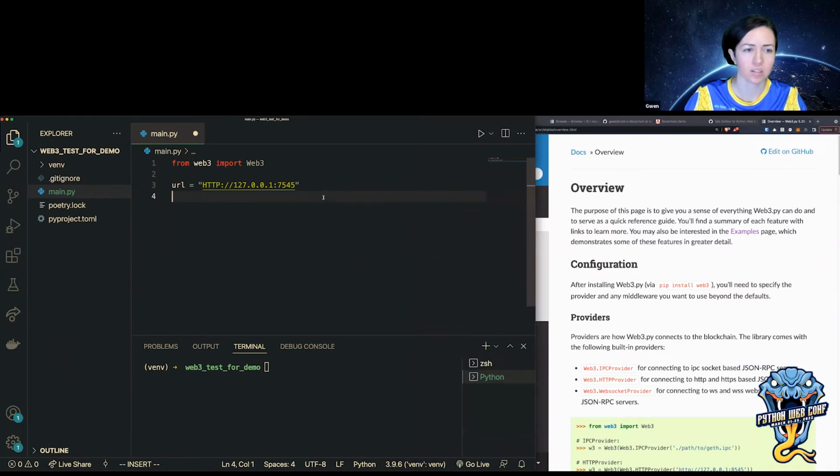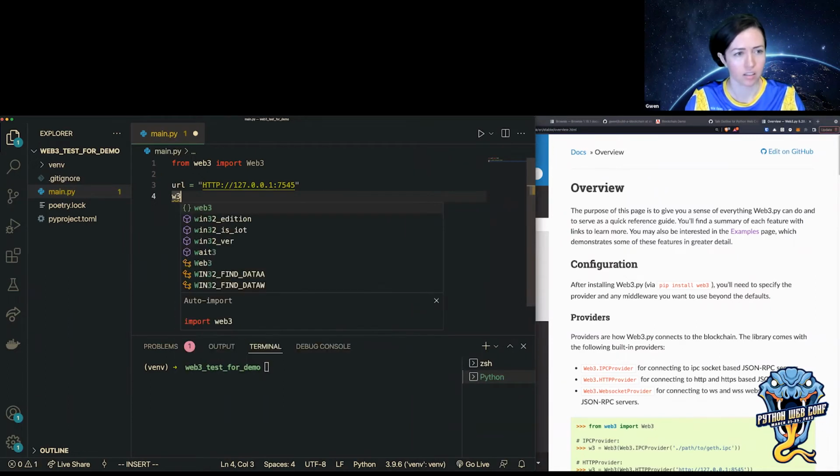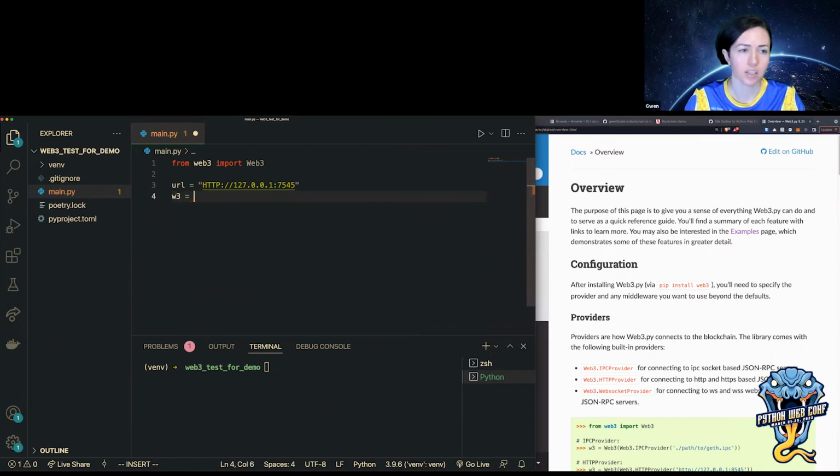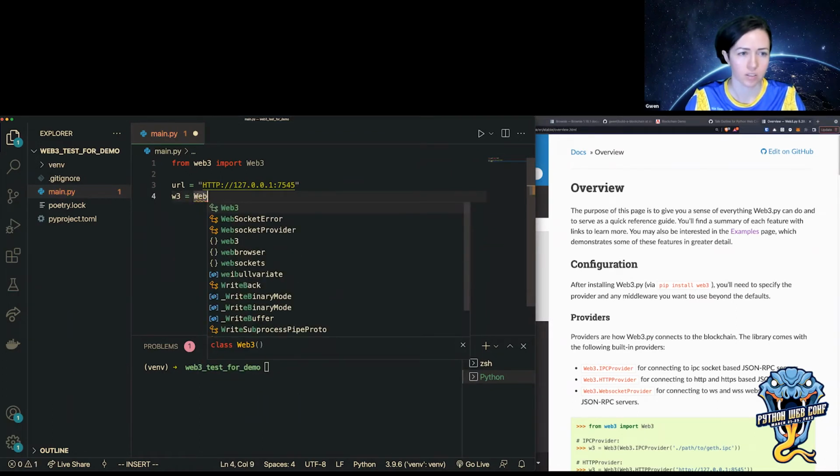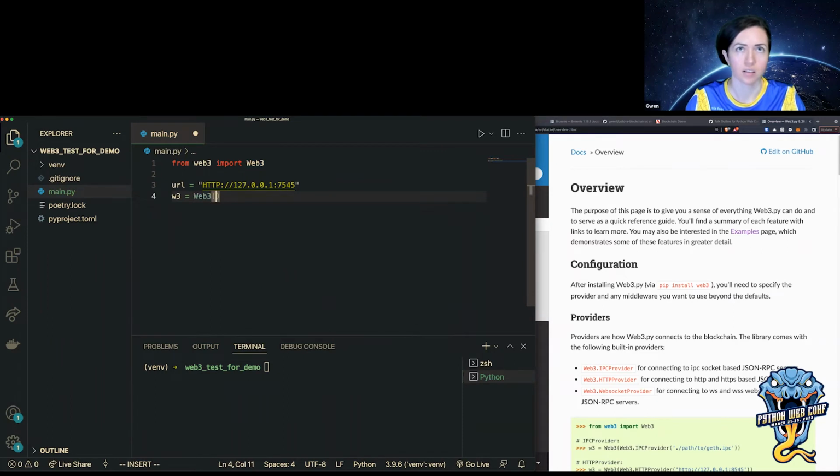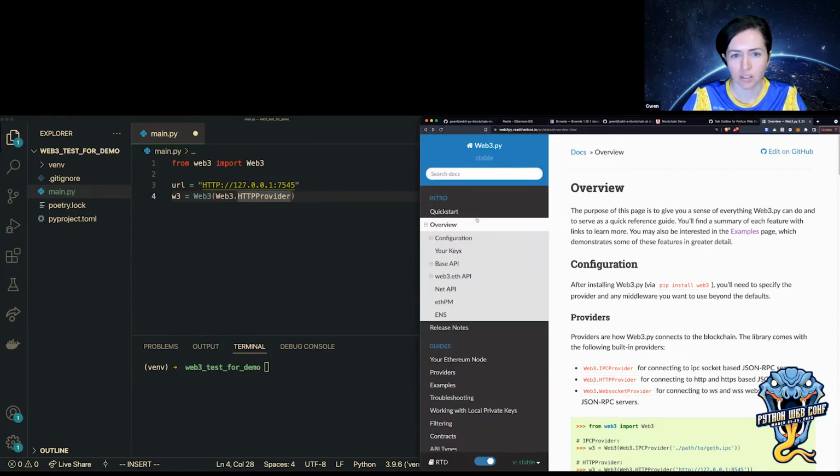Okay, so I have the URL, and now I'm gonna create an instance of Web3. So I'm gonna do Web3 and call that. So Web3, and then I have these helper methods. So HTTP provider, I think providers, here we go.